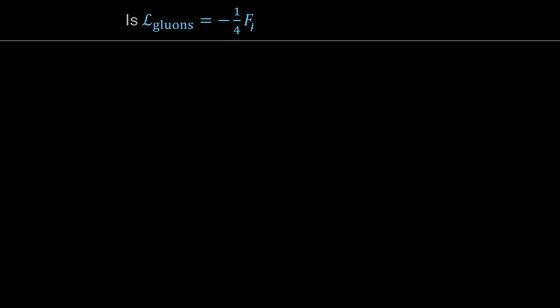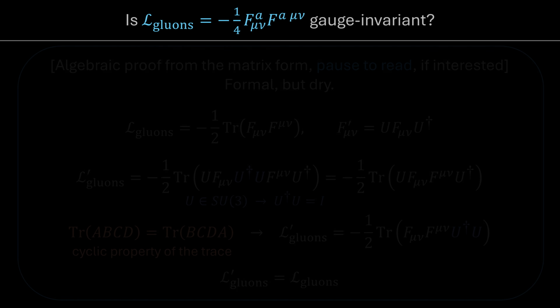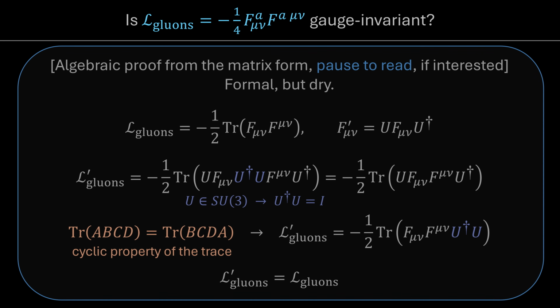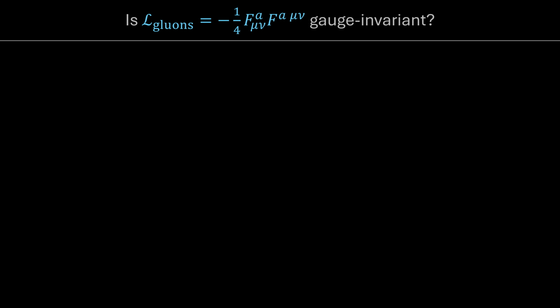All right. Well, I want to take a moment to show that the gluon part of the Lagrangian, that is -1/4 F mu nu A F A mu nu, is indeed gauge invariant. And there's a way to show this algebraically using the trace and matrix-valued expression for L-gluons. But actually, I want to imagine it in terms of the form shown here with the sum over the 8 different field strength tensors, because I think this way of looking at it is more visual.